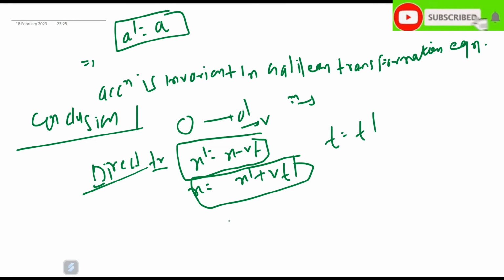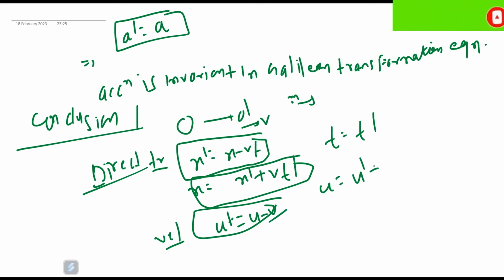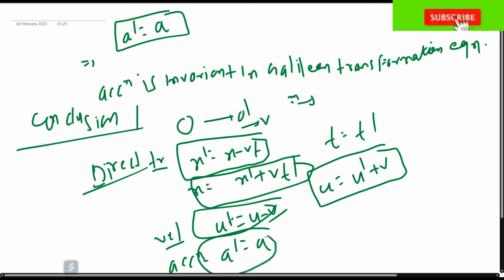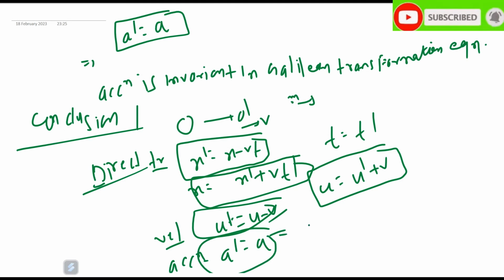And also for velocity you have u prime equal to u minus v and u equal to u prime plus v, and for acceleration a prime equal to a